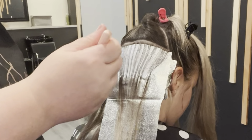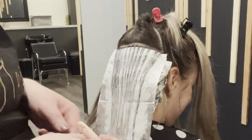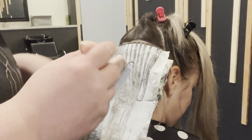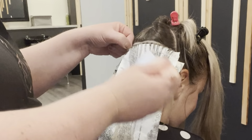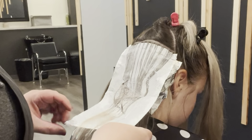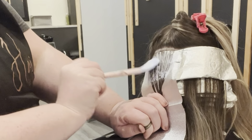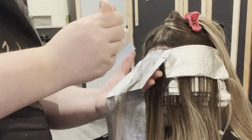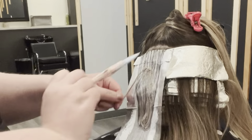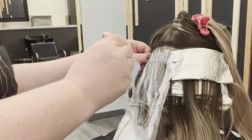And usually when I foil, I take really thin weaves. My sections are not very thick. Usually you can see through them pretty nicely. And then I do a really good job of doing really heavy saturation. So just make sure when you're doing a foil that you're using a really heavy amount of bleach on your foils. Obviously don't overdo too thick of bleach per foil, but I'm just saying sometimes I see